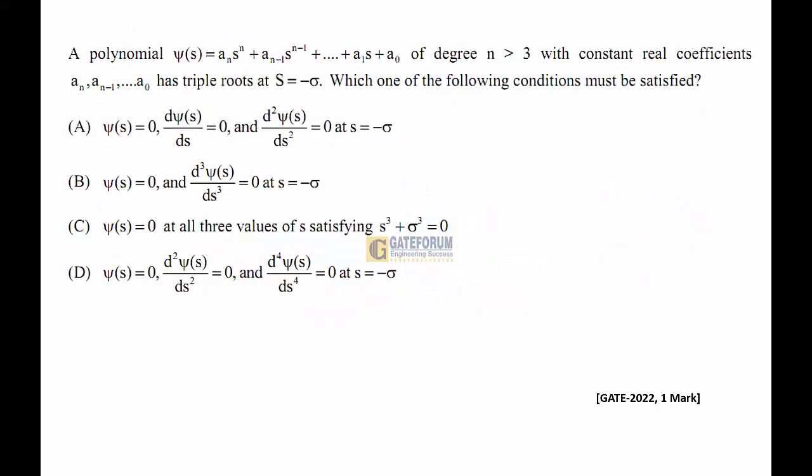The question is, a polynomial psi of s is equal to an s power n plus an minus 1 s power n minus 1 plus so on plus a1 s plus a naught, of degree n greater than 3 with constant real coefficients an minus 1, so on, a naught, has triple roots at s is equal to minus alpha. Which one of the following conditions must be satisfied? So, 4 options A, B, C, D are given. This is from engineering mathematics, from the topic numerical methods, roots of the equation, that is, basics. The solution is